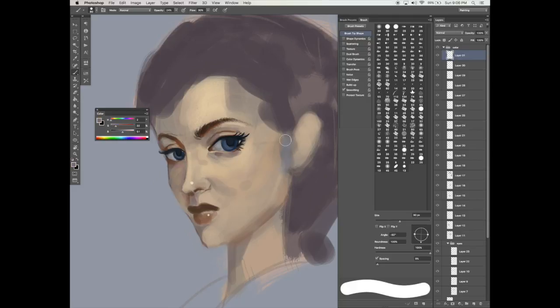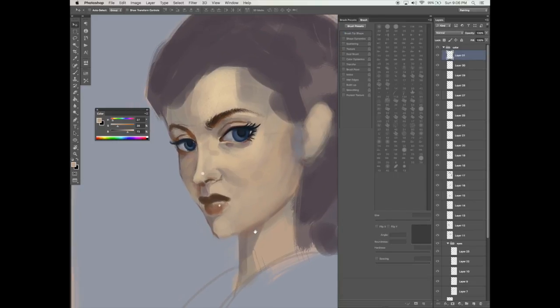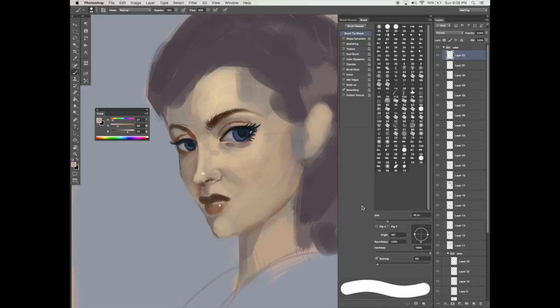I want to define her cheekbone area a little bit more. And again, I want to add a little more definition to the eyebrow here.